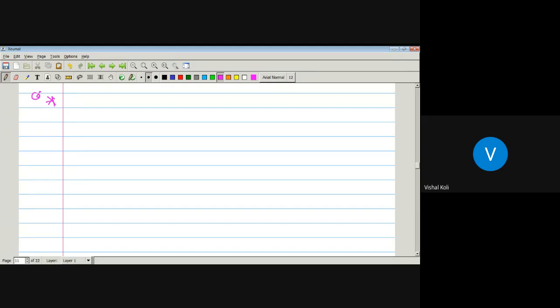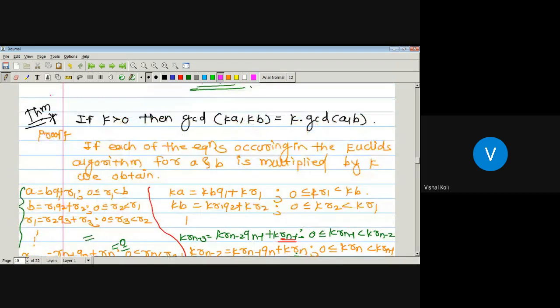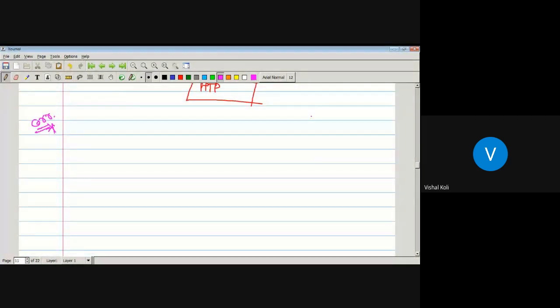Then again there is a corollary depending on this thing. Just tell me, whenever we replace this k greater than 0 by k strictly less than 0, whether this result is true or not. जो k greater than 0 आहे त्याला जर आपण k less than 0 ने रिप्लेस केला तर ही GCD of ka comma kb is equal to k times the GCD of a b, हा रिझल्ट होल्ड होईल की नाही? येस कळतंय ना मी म्हणलेलं? के ग्रेटर दॅन झिरोच्या ऐवजी के लेस दॅन झिरो जर घेतला तर हा रिझल्ट होल्ड होईल का?